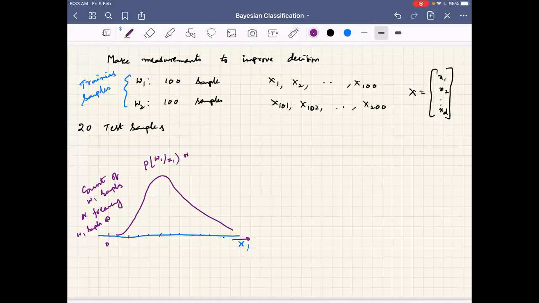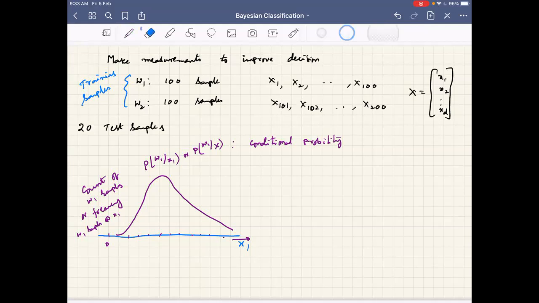If I take all features together, in multi-dimensional space, omega 1 given X also. Given a specific feature, at X1 location, the frequency is referred to as conditional probability or the likelihood. So the other name for this is conditional probability. What do we mean by conditional probability? We say that we are considering only omega 1 samples.